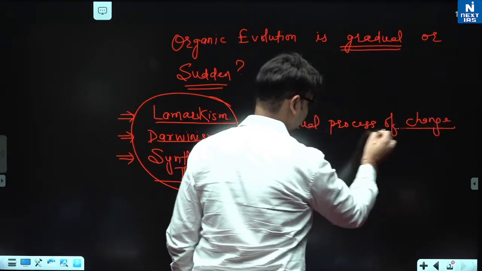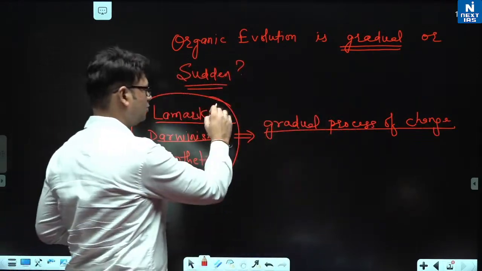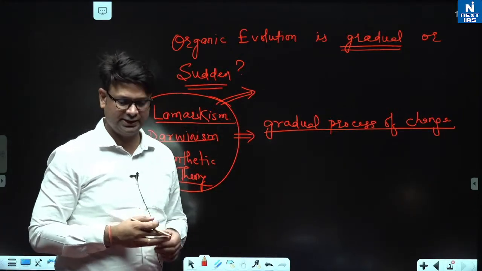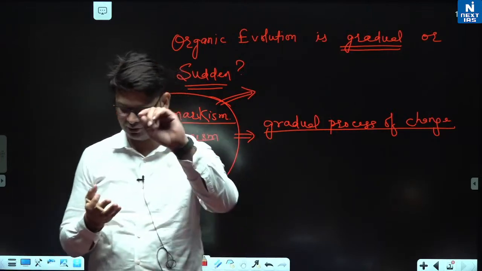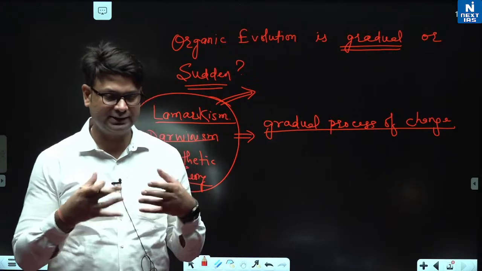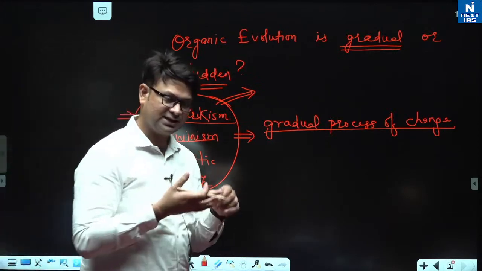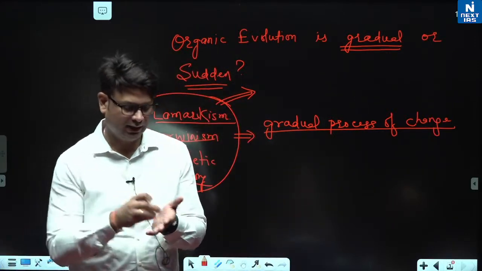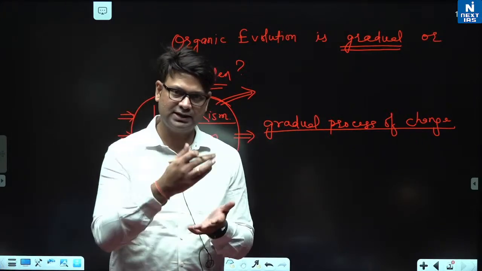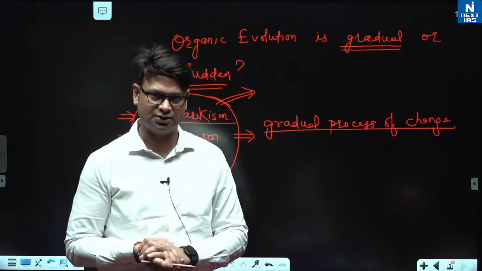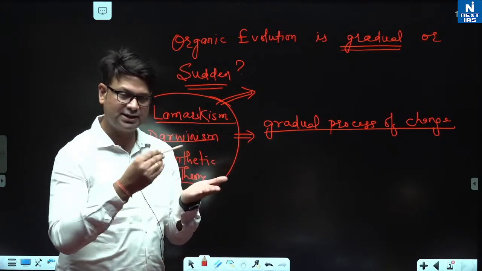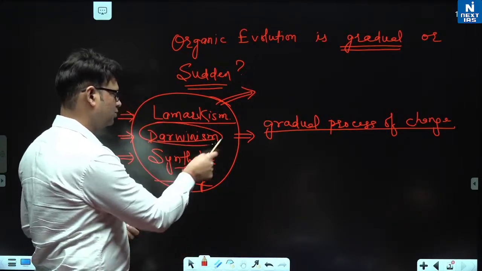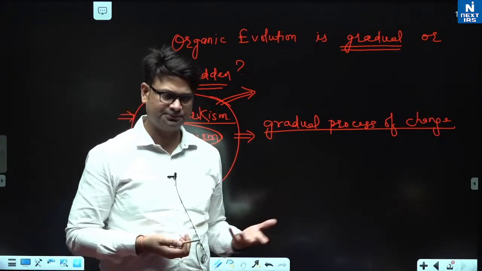Let us see how. Lamarck talked about four postulates when he described his hypothesis of organic evolution. What are those four postulates? First is élan vital, the internal urge that leads to increase in size. Second is external environmental pressure, creation of new desire and emergence of new organs. Third is use and disuse of organs. Fourth is inheritance of all acquired characters in the next generation. So if there is inheritance, it passes from one generation to the second to the third, so it is a gradual process of change. Darwin similarly talks about evolution through the five postulates that he gave